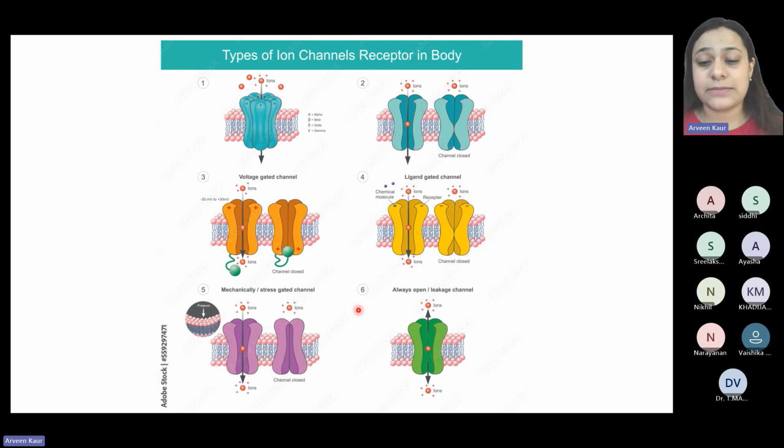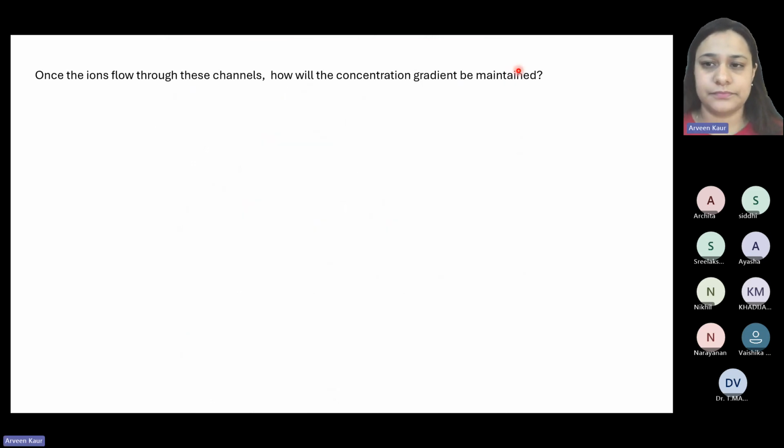But these channels will also be specific for ions, right? There will be specific sodium leakage channels, specific chloride leakage channels or specific potassium leakage channels, right? From the potassium leakage channel, sodium ions will not be able to go through. Similarly, from the chloride channel, no other ion, sodium or potassium, will be able to go through, right? And leakage channels usually transfer the ions along their concentration gradients, right? Most of these ion channels are doing that only.